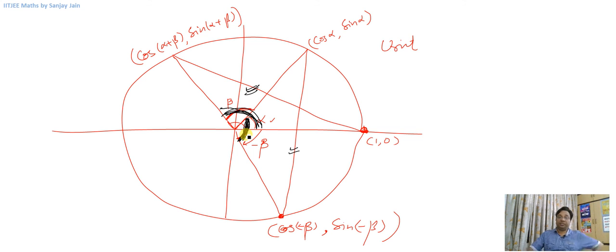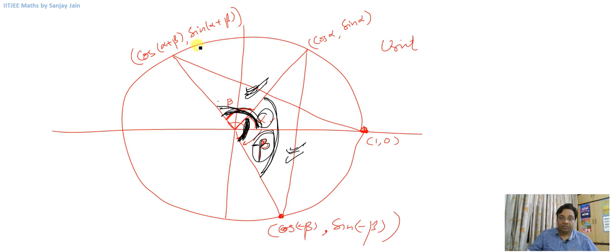I hope it is clear to you. See, this opening is alpha plus beta, whether this angle is minus beta because this was drawn in clockwise sense. But if you talk about this complete angle, this opening will be equal to this much, right? The point I'm trying to make is that this chord will be equal to this chord in length because they are subtending equal angle at the center,